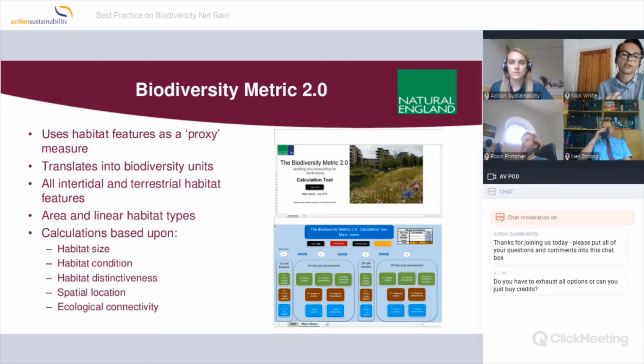It measures all types of habitats, including intertidal and rivers, and also green infrastructure features such as green roofs and walls, etc. So any habitat type can be found in it. And it bases a calculation on the size of the habitat or its length, its condition, its distinctiveness, where it's spatially located, and how ecologically connected it is as well. And it comes with a free calculation tool.